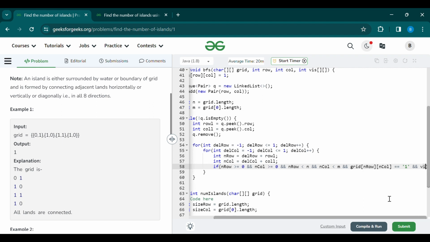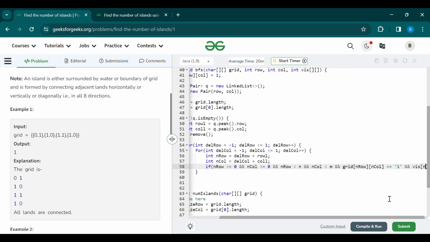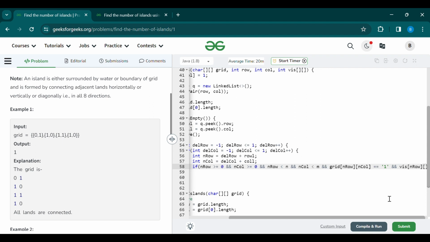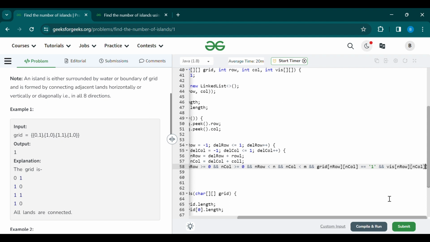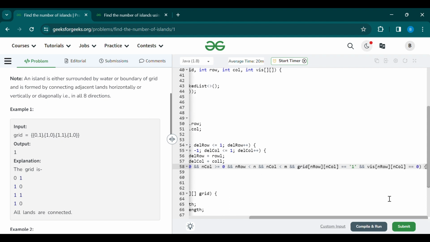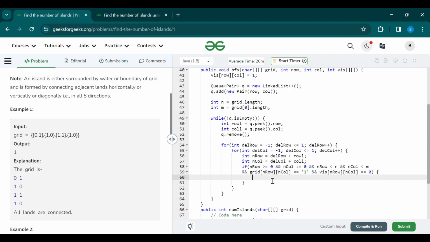Then we are going to check that it is visited or not. It should be equal to 0, not visited. Then only we are going to add this into our queue. So queue dot add new pair,